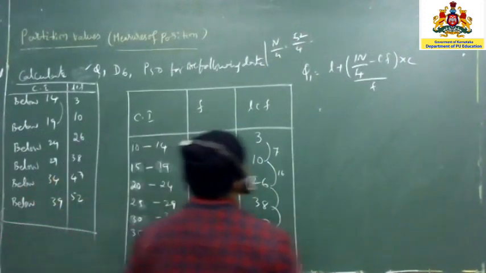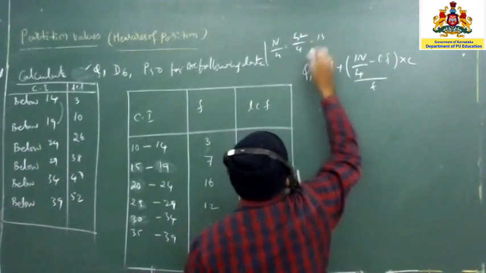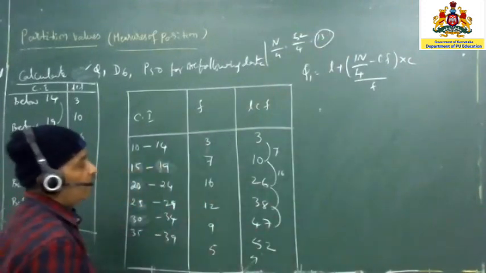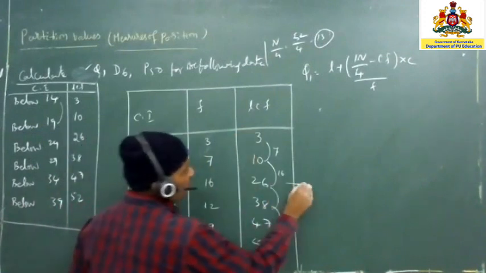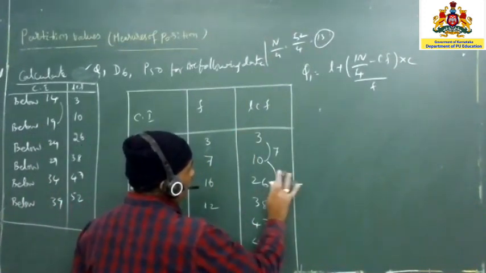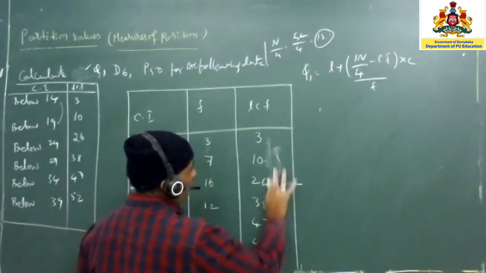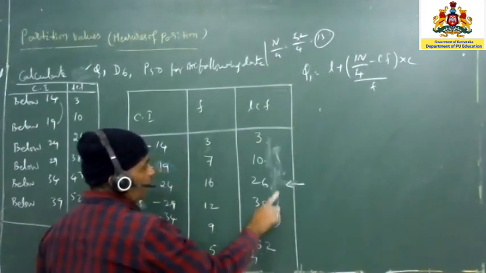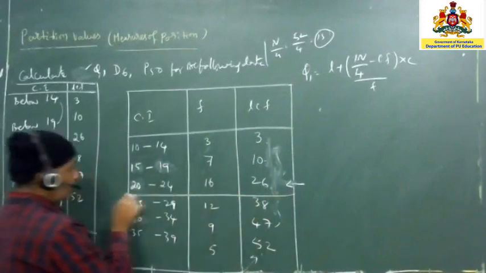Okay, 13 it will be that. So 13 you are going to take it. This 13 value you have to see into this part. So 13, where will you get? You will get 13 in the CF only. You have to see always the n by 2 value, 3n by 4 value in the CF only. You have to see that part. So 26 in the sense you will get here itself.